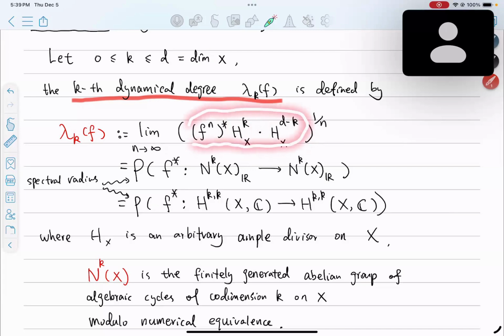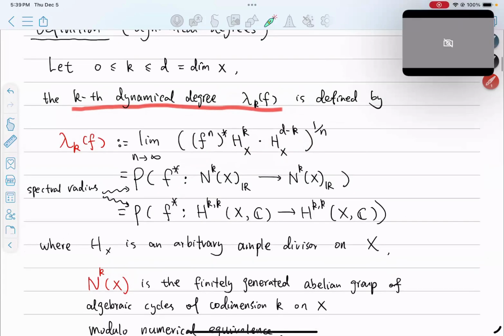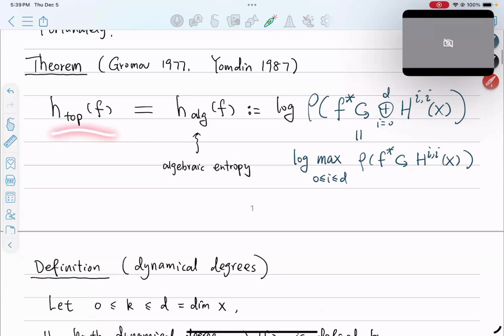This intersection number goes to infinity in general. So when n goes to infinity, you look at the nth root, the growth rate of this intersection number. Then it gives us the dynamic degree. Okay, so now you see that the topological entropy is equal to